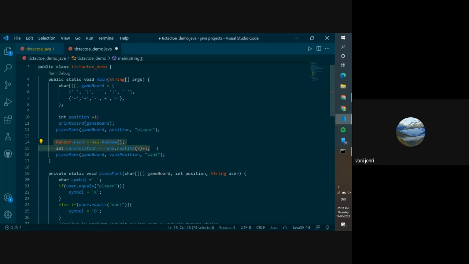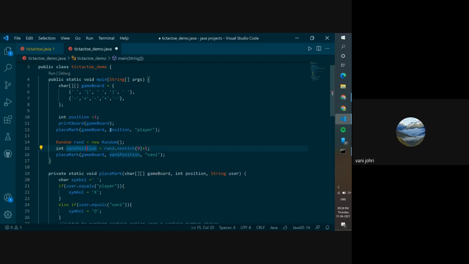We chose a random number with the random library over here. It will just give a random number from 1 to 9, whatever you declare over here. So we did a 9, which will be 1 to 8 plus 1. It can be 2, 3, 4, 5, whatever. So it chooses a random number for you, which we store in this variable, and then we call the same way we were doing this here.